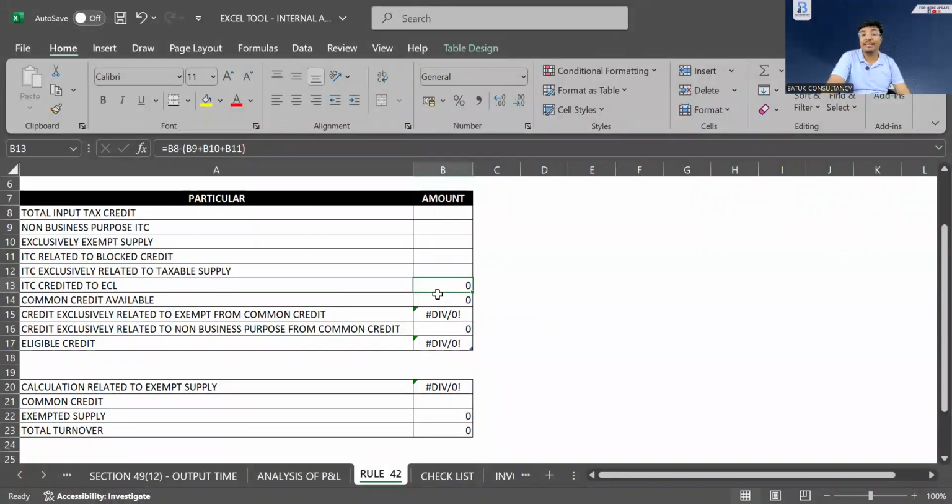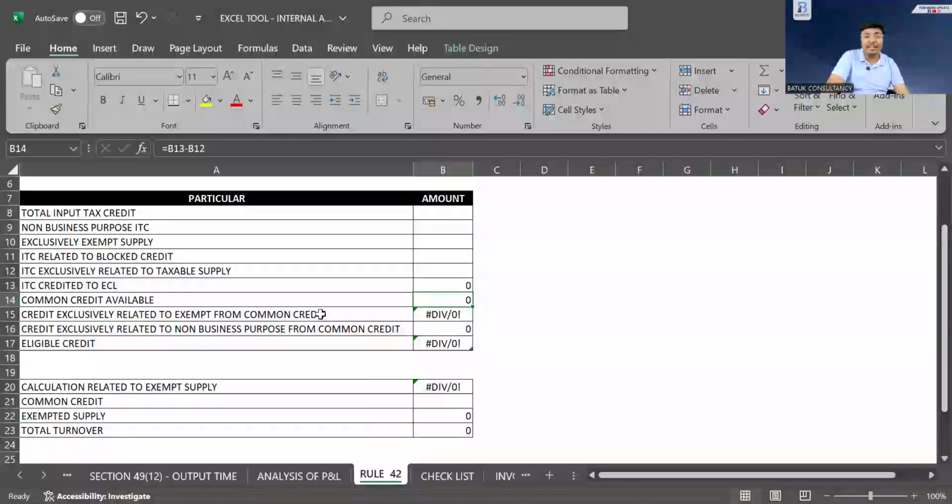Now, common credit available. Sir, from your ITC, you have reduced the non-business purpose, the exclusively exempted, the blocked credit, and the exclusively taxable-supply credit. In that case, your common credit will remain. That means the credit you have used for both your exempted supply and your taxable supply. Okay, so in that case, what you need to do